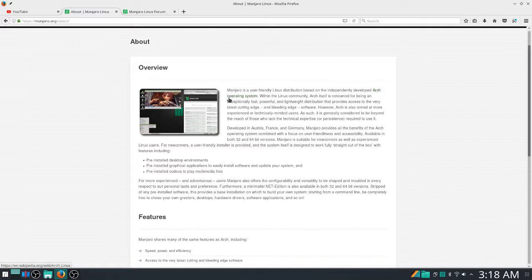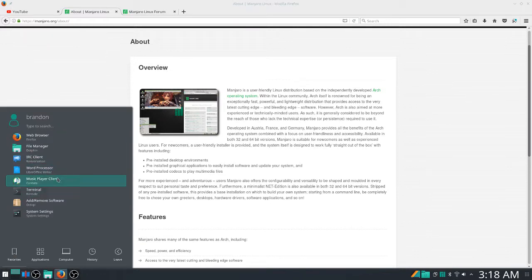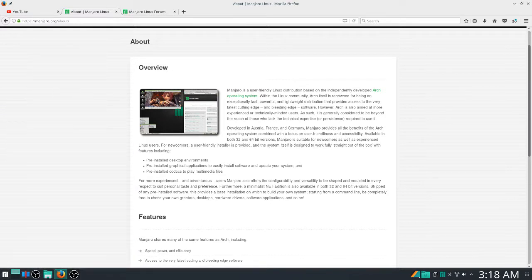So you're getting the newest software, obviously, from the repositories, and since it is a rolling release instead of just a constant release or an LTS, you'll be getting updates, and you'll always have dist updates, so you'll never have to worry about that. And it'll show down here in the icon bar as the octi, wherever that went to. Anyway,